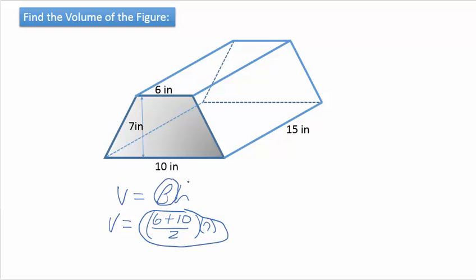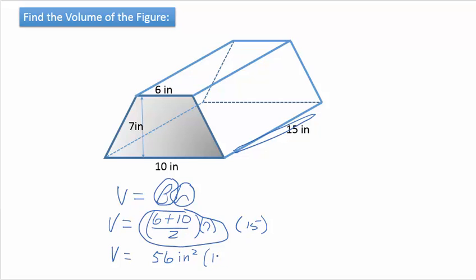Now what do I have to do? I have to take that times this height right here of 15. So let's find out the area of big B, the area of the base. 6 plus 10 is 16 divided by 2 is 8. 8 times 7 is 56. So 56 inches squared is my capital B, my area of my base, and I still have to take that